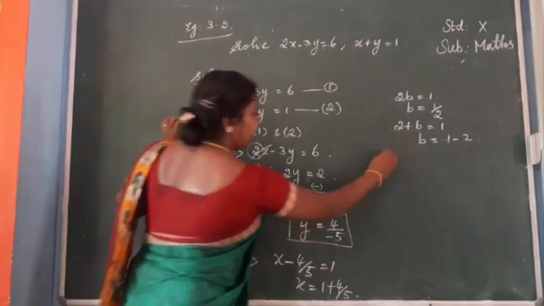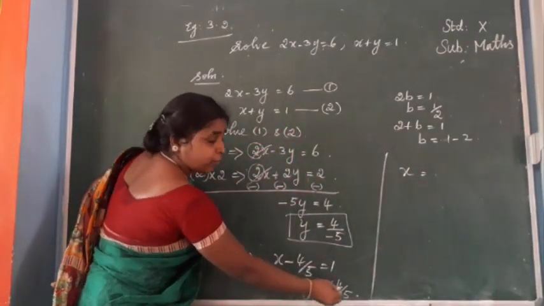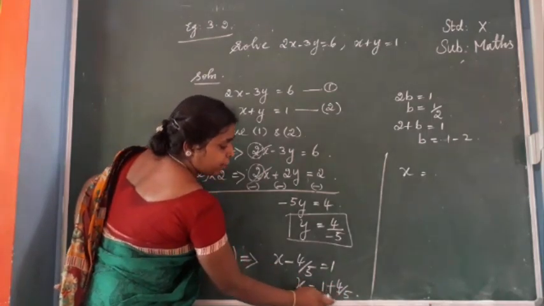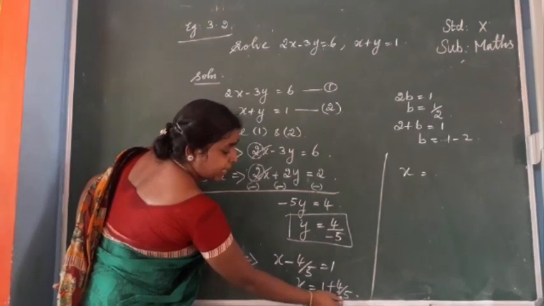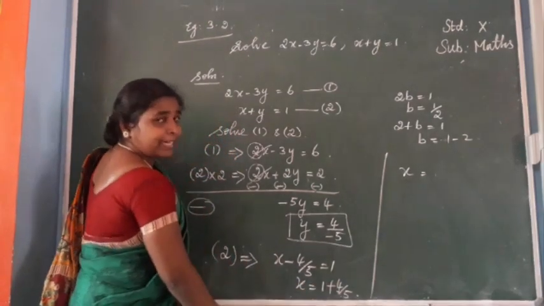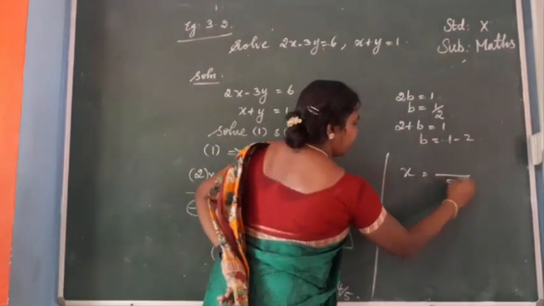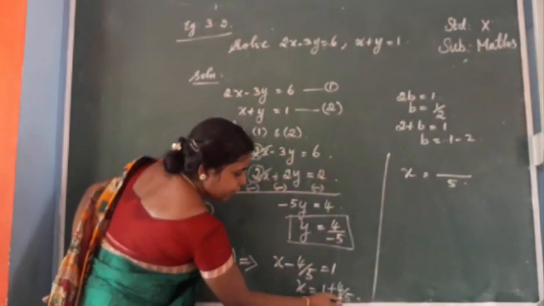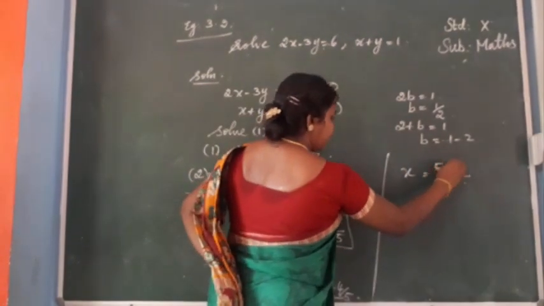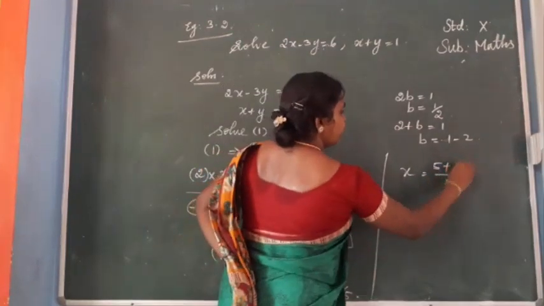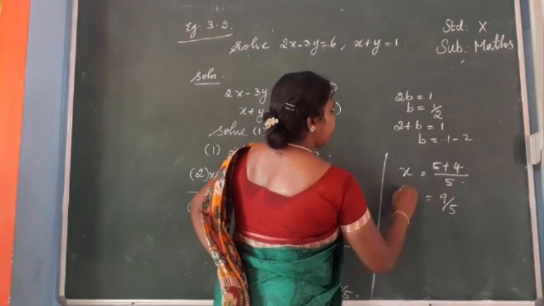Okay, now you have to add. x equal to, you see the value, this is a whole number, another one is a fraction. So when you are adding a whole number and a fraction, you have to take the LCM. Here there is only one number in the denominator, so that is the LCM. 5 is the LCM, so I am putting 5 in the denominator. You see here, you multiply like this, 5 into 1 is 5, plus the remaining 4. Okay, x equal to 9 by 5. That's the value of x.